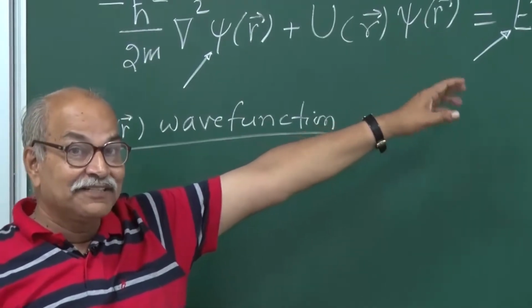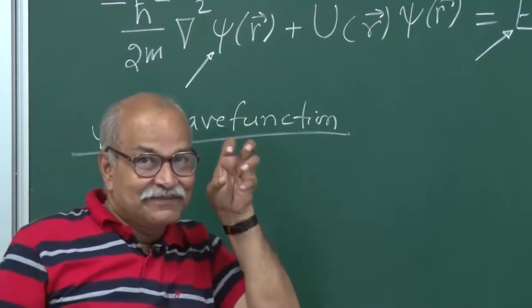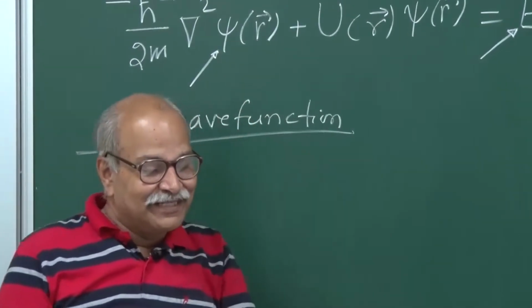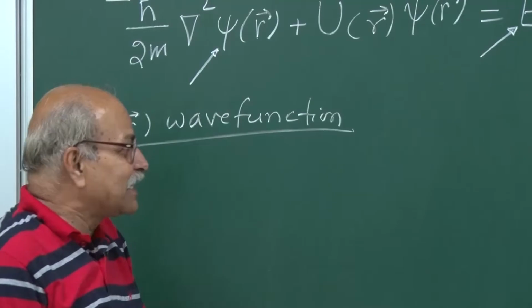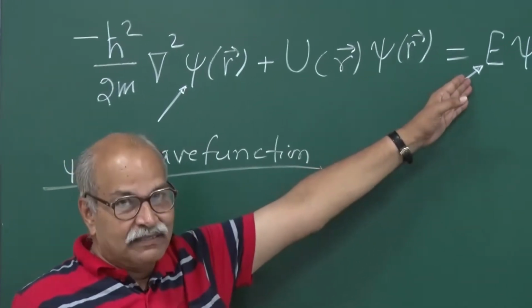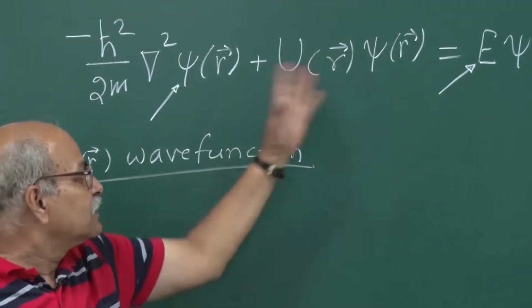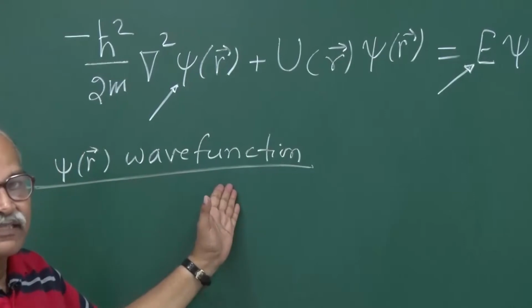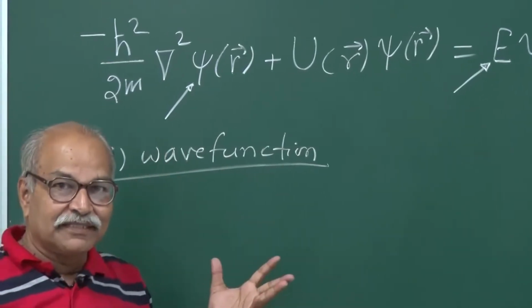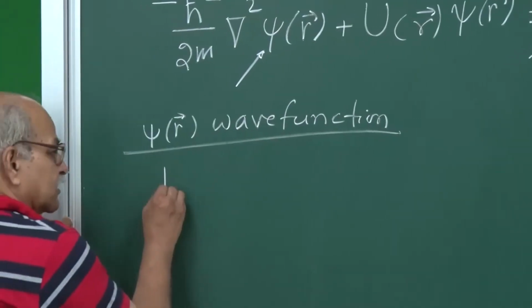When I say definite, that also has a big physics in it, but let me suppress it for the time being. So with a definite energy, if the particle is existing in this potential, then this equation gives me this wave function, and this wave function contains all the information. Now for hydrogen atom,